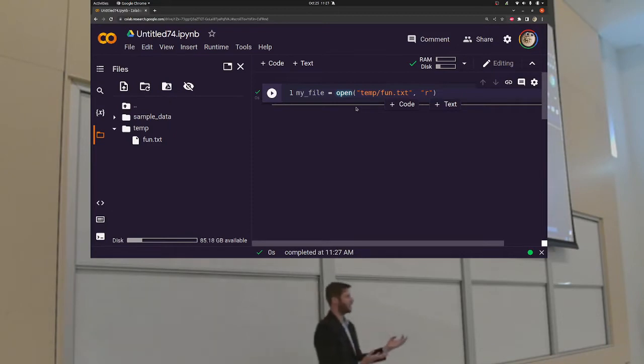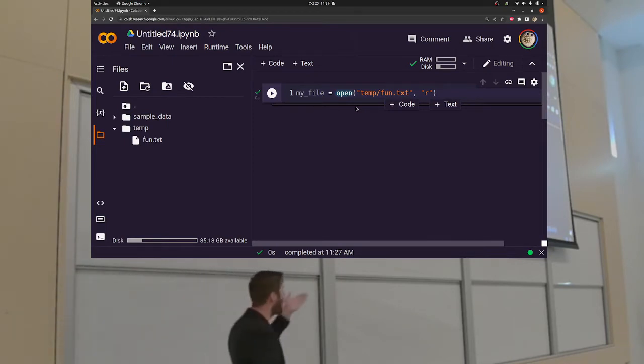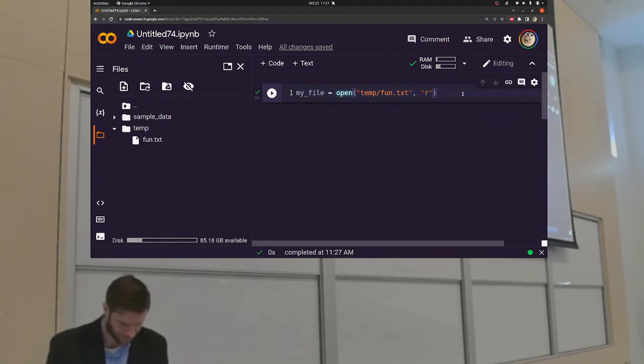But I haven't done anything with the file yet. All I've got is this variable that gets me to the file. But what do I want to do with this file? Well, I'm opening it in read mode, so presumably I want to read from this file. So if I go down here,